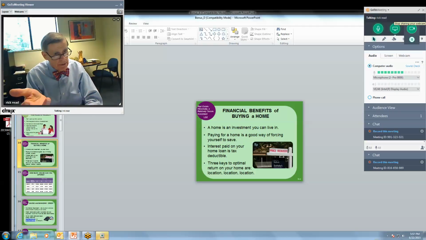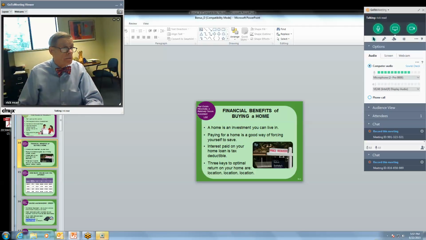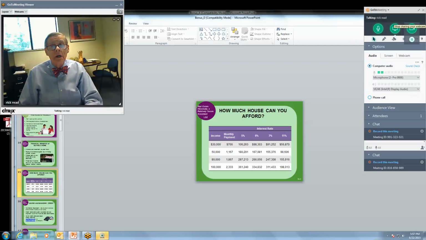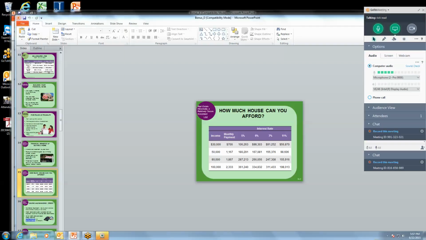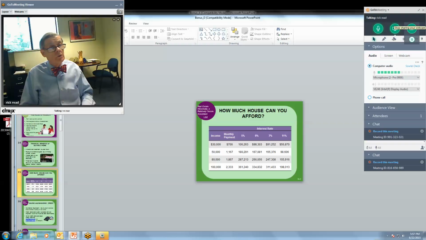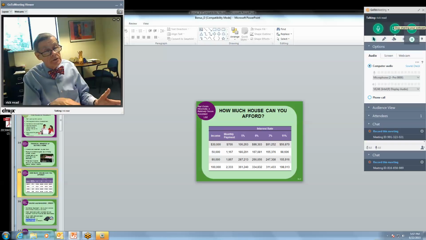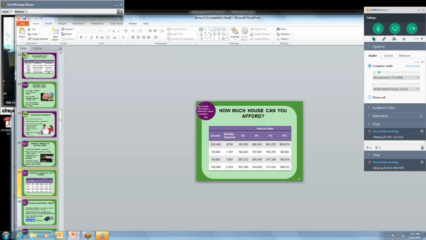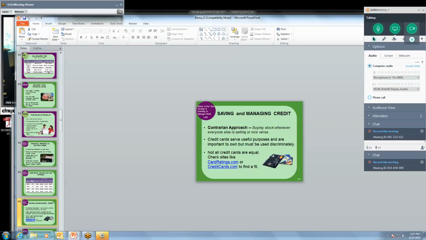And then it talks about your home and if you want to sell your home. The best thing I can tell you is the location. As it says on the slide, you want to be in a good school district and things of that nature. This talks about the amount of house you can afford. I'm not going to go through that. It talks about your income, monthly payment, and you shouldn't be paying out more than 30% of your income.